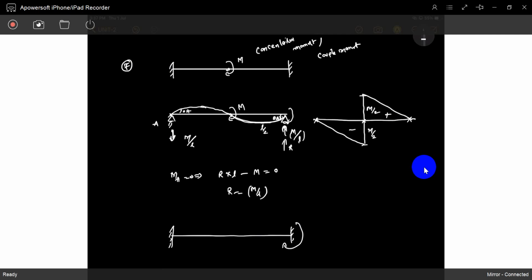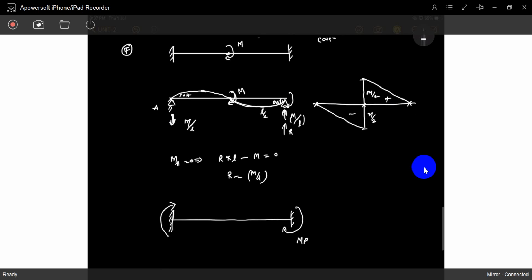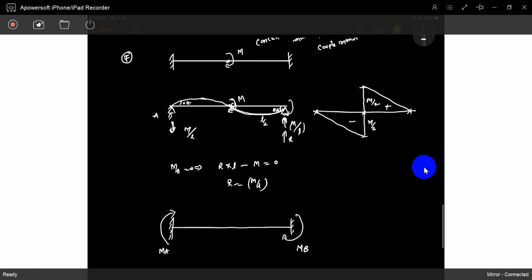Same thing if you see for A: now A is turning like this, and the moment is arising in this direction. It is the reverse of the previous loadings, because the couple generates slopes like this, so the fixed moments generate in those directions. I call these MA and MB. You can easily observe that if a couple is acting at the center, MA is equal to MB, because theta A is equal to theta B at the center.